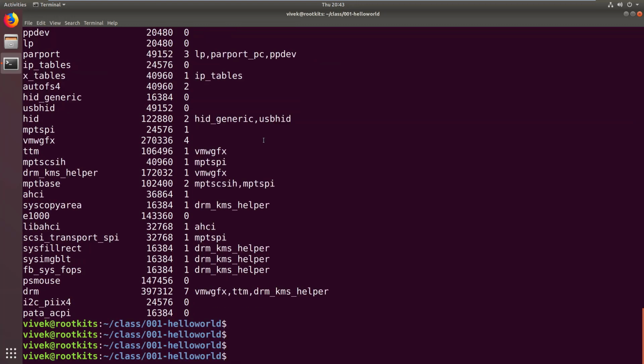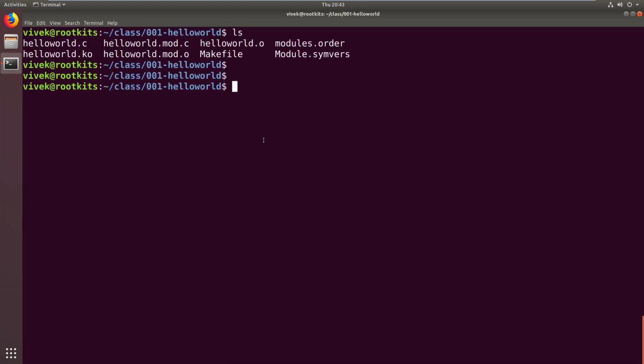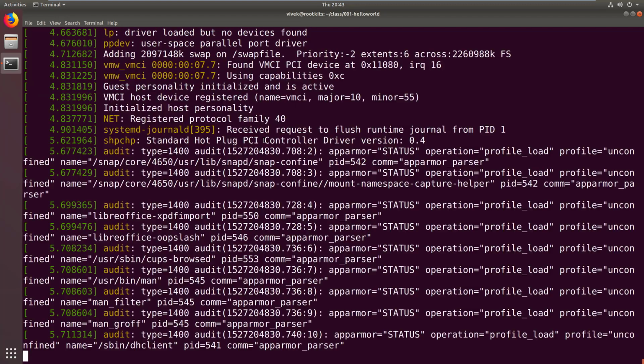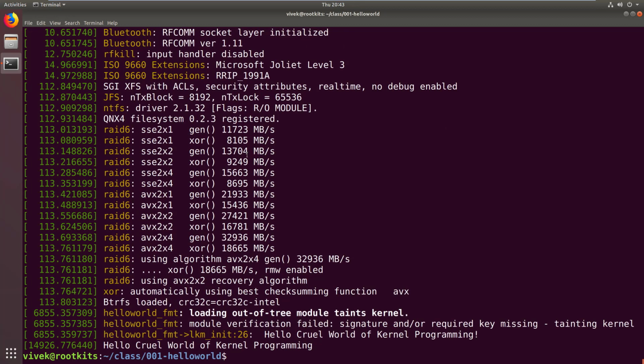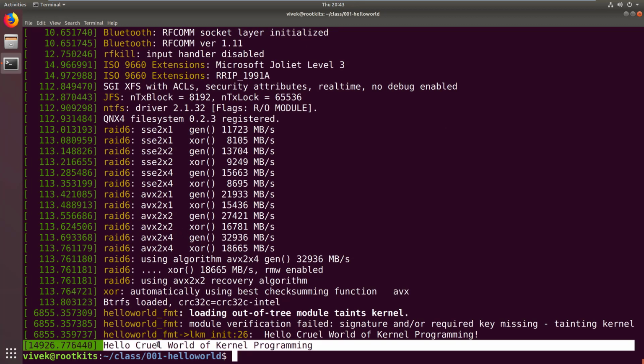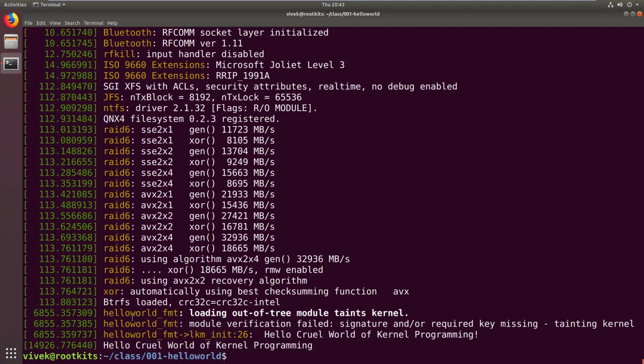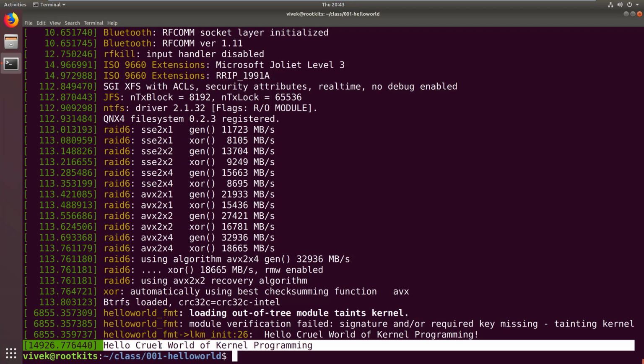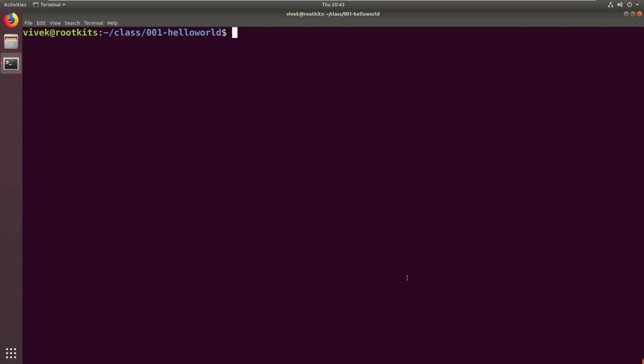Fantastic. Of course, you're wondering, what happened to all of those messages? One way to look at it is to type in dmesg, but of course we'll see a lot of scroll, and then at the very end you will end up seeing hello cruel world of kernel programming, right? Ignore this part, I apologize, this is for the next video. The only thing we need to look at is here, and we can even monitor